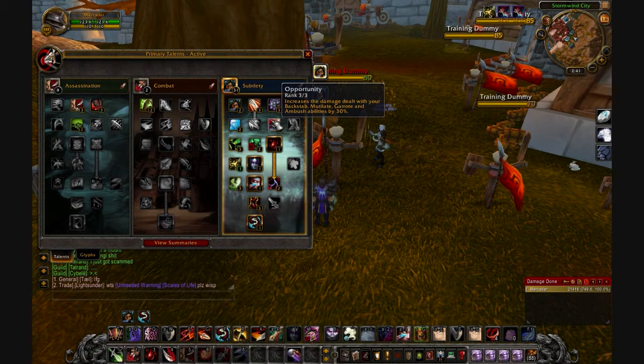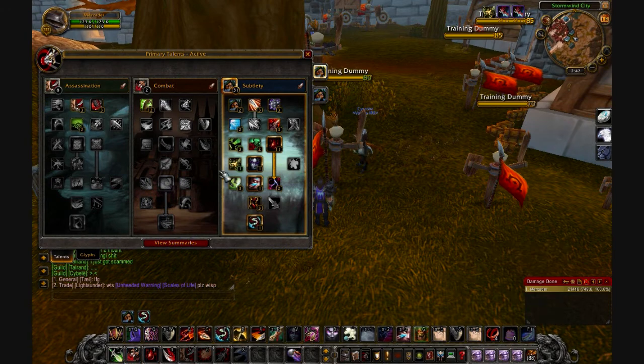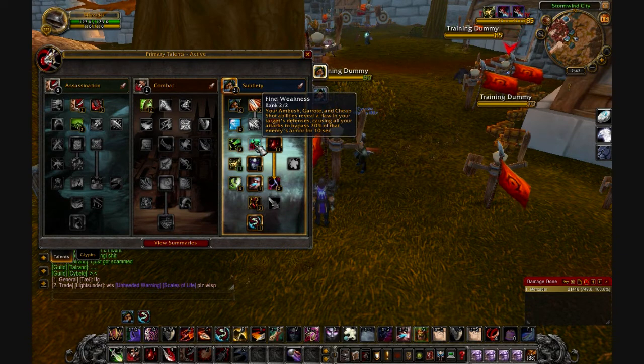I know what you're thinking, backstab you really don't use in this spec, but I use it personally when I'm bursting, just because it does a little bit of extra damage and I already have the dot on the person. And then in the next row there's energetic recovery for the extra 12 energy every 3 seconds. You have to have recuperate up to do that, but yeah, why not get health and energy at the same time. Find weakness reduces your target's armor by 70% for 10 seconds when you use ambush, cheap shot, garrote, or